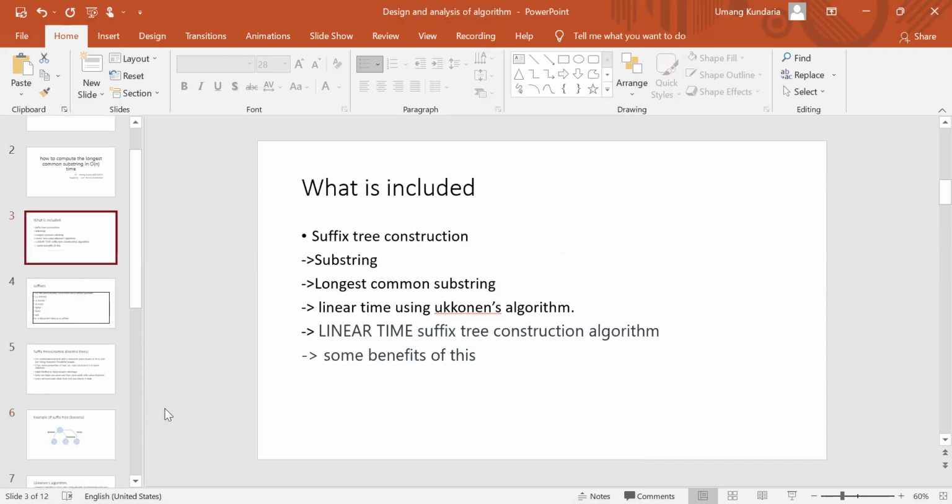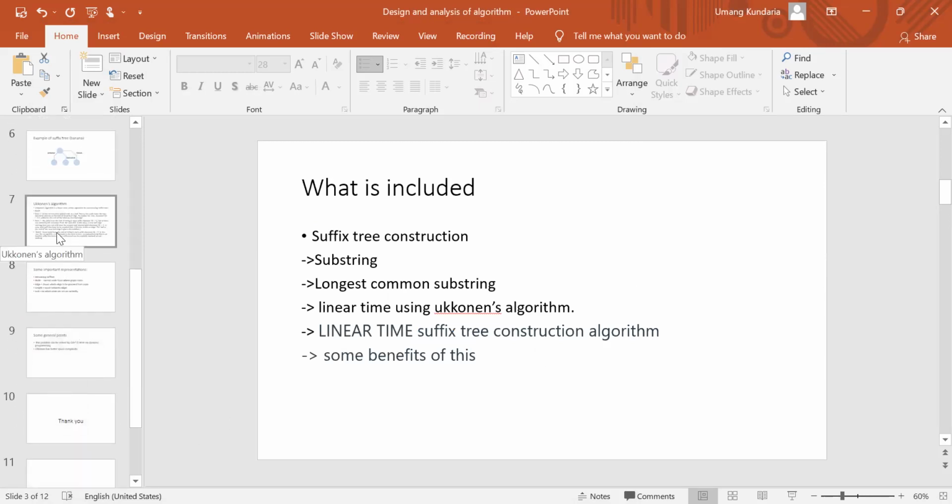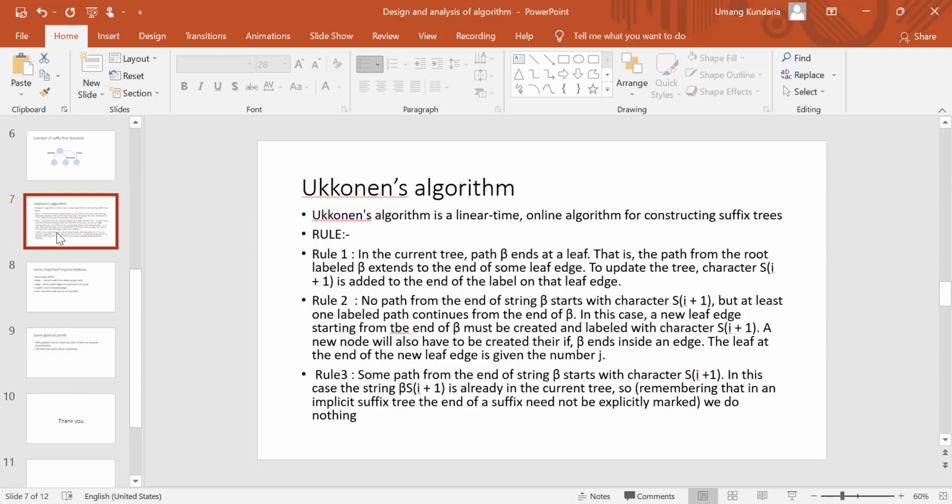So let's move on to Ukkonen's algorithm, because this is the main algorithm through which we can get O(n) time complexity. Ukkonen's algorithm is a linear time online algorithm for constructing suffix trees. There are a total of 3 rules.